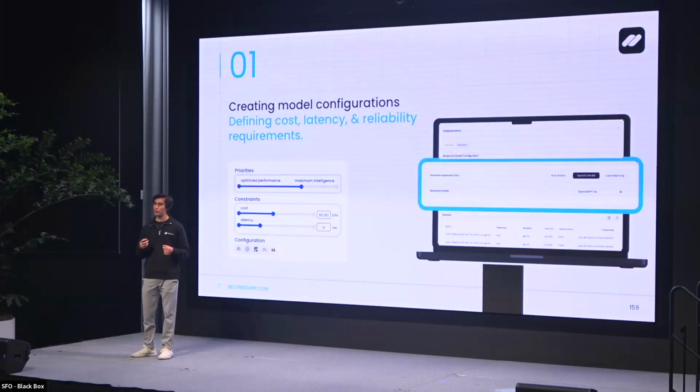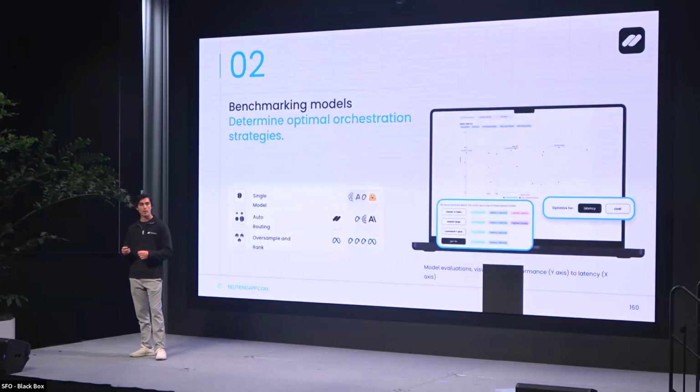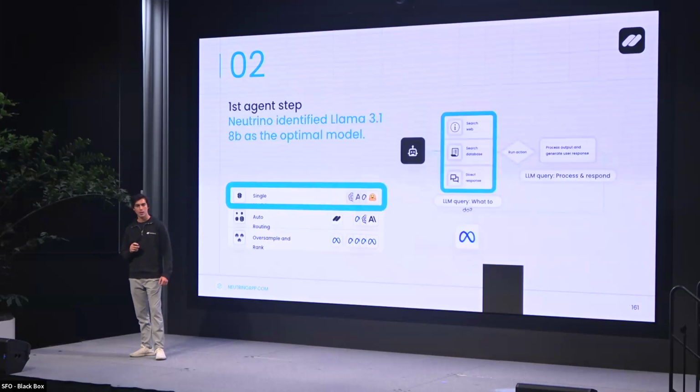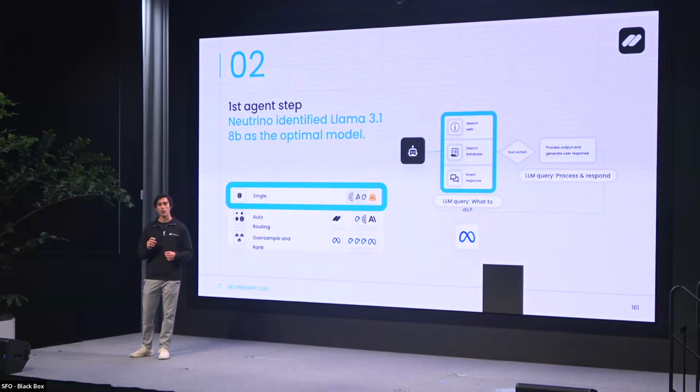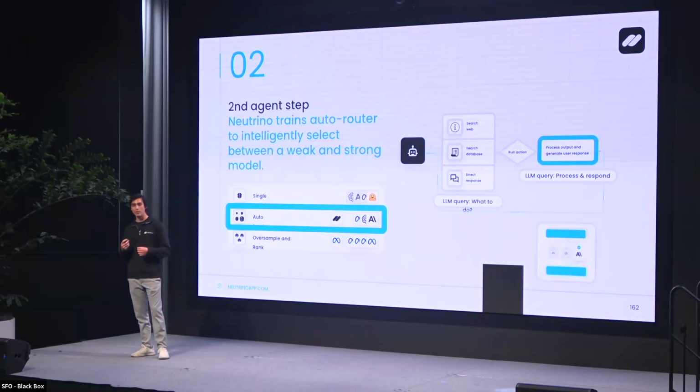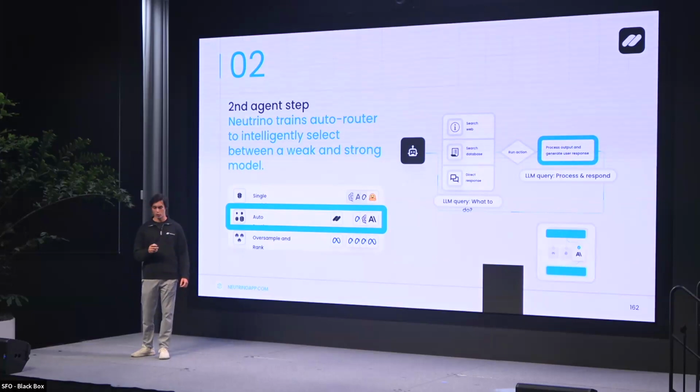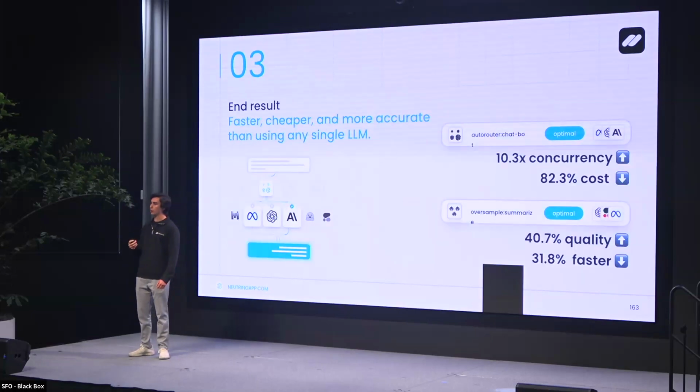First, the developer creates model configurations for every component of their LLM application, defining cost, latency, and reliability requirements. Then, Neutrino benchmarks all models to figure out the optimal set of orchestration strategies to use. Take, for example, this hypothetical agent, where for the first LLM step, Neutrino identifies Llama 3.8 billion as the optimal model to use. But for the second step in this agent, Neutrino chose to train an auto router to intelligently select between a weak and a strong model based on the query complexity and domain. The end result is a tailored model layer that is faster, cheaper, and more accurate than using any single LLM